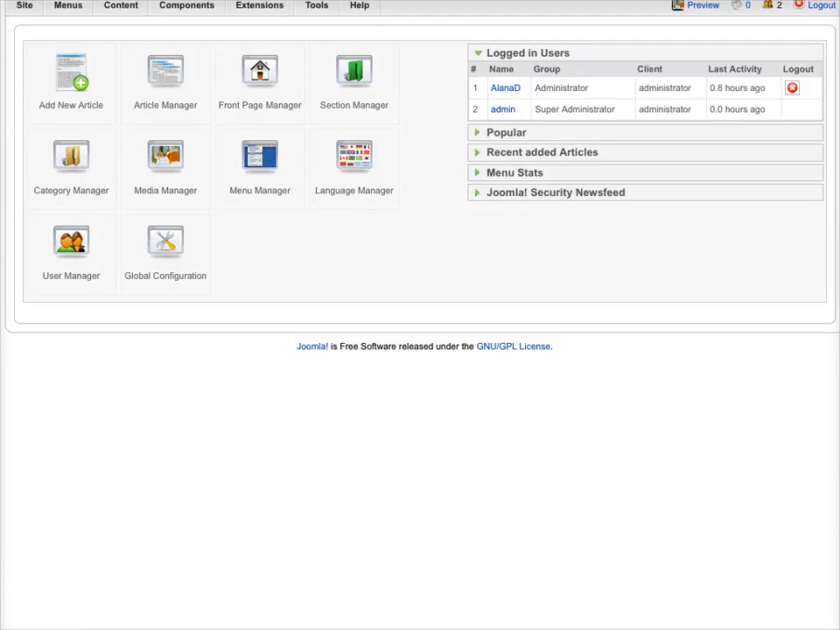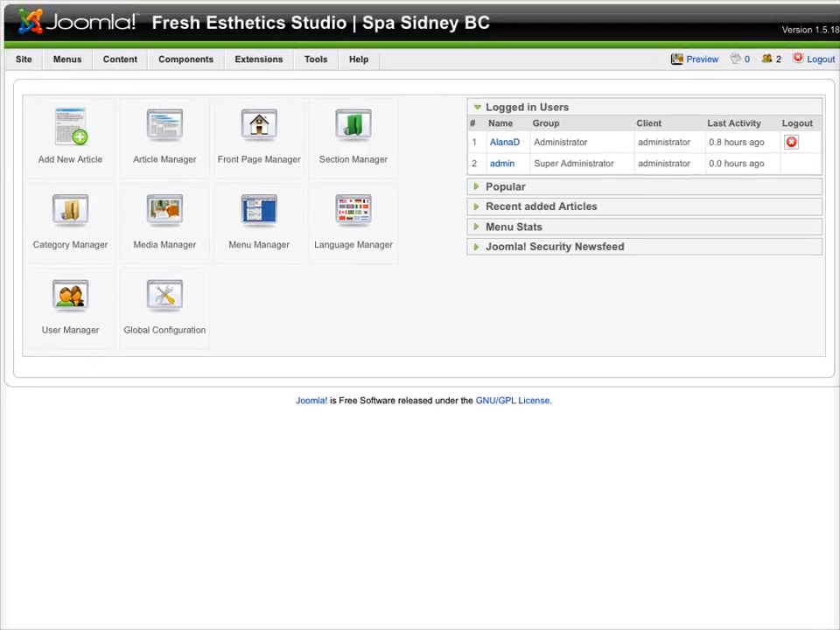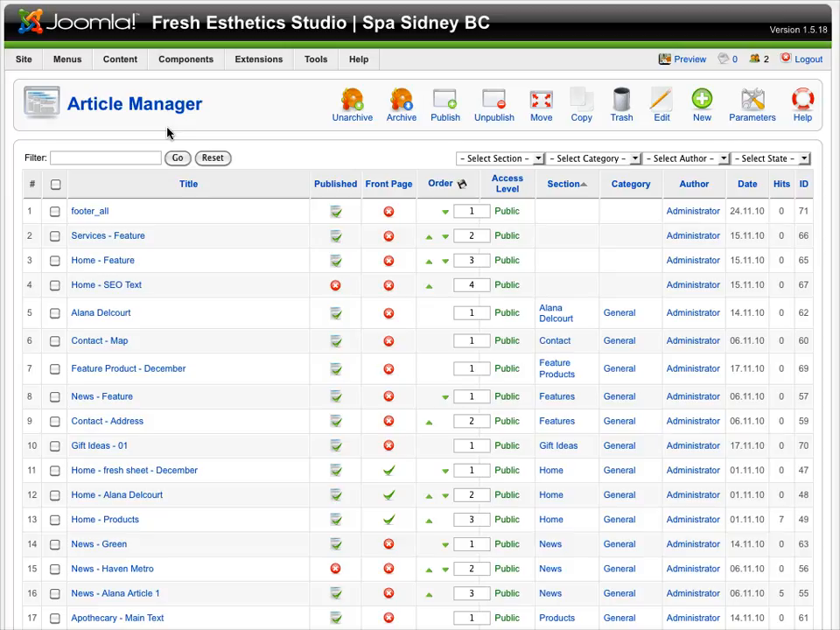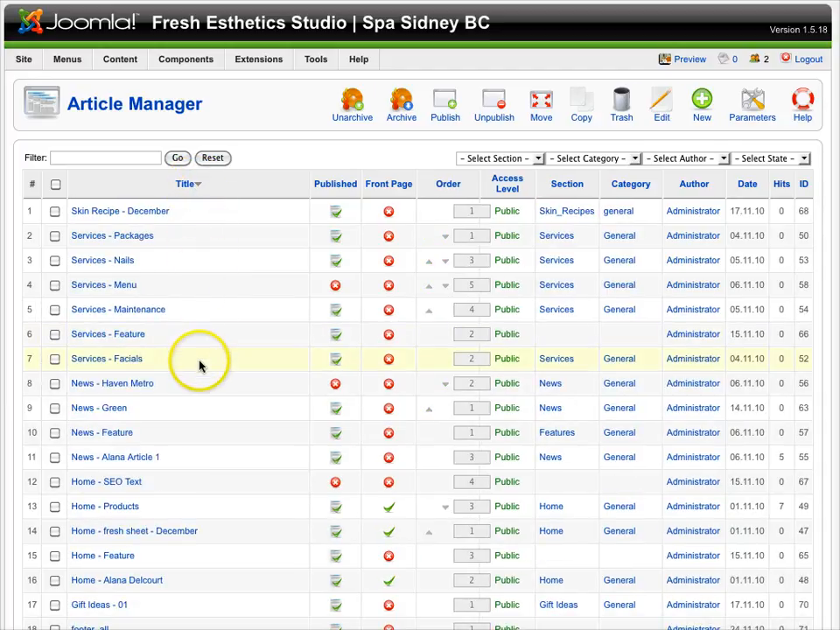I've already signed into the back end of the site at freshstudio.ca/administrator. Use your login and password and you get to this page, the control panel. And what we're going to do is manage our articles. In this tutorial specifically, we're going to be looking at how to upload a photo that's on your hard drive. So we're going to just sort the articles by their title name,